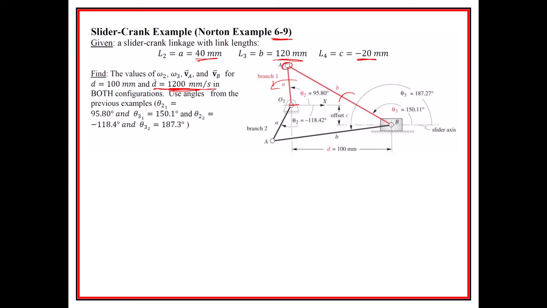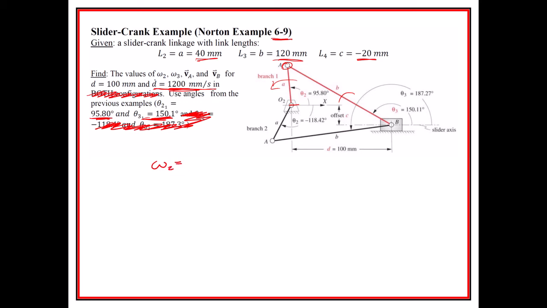Anyway, I'm asking for both configurations, but I'm not going to do both. Let's only do the main configuration here, the first configuration, not the other one. So ignore that. What we would end up finding is that we would use the equation